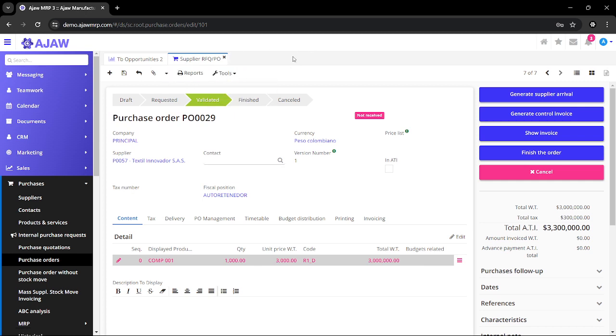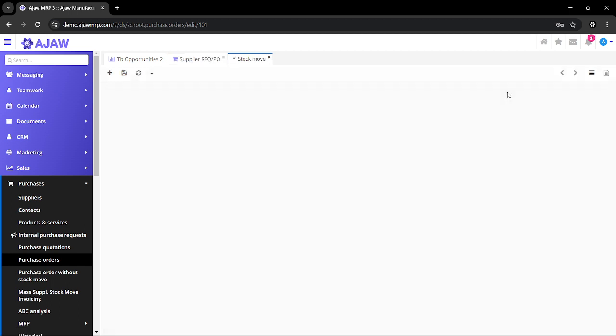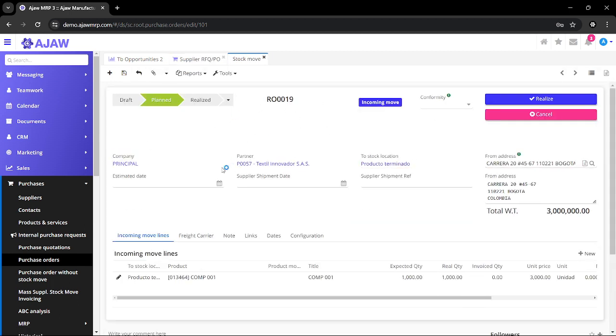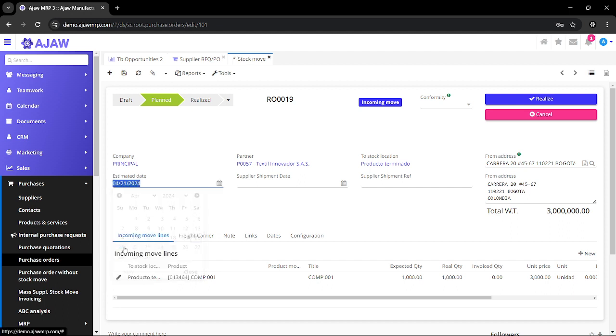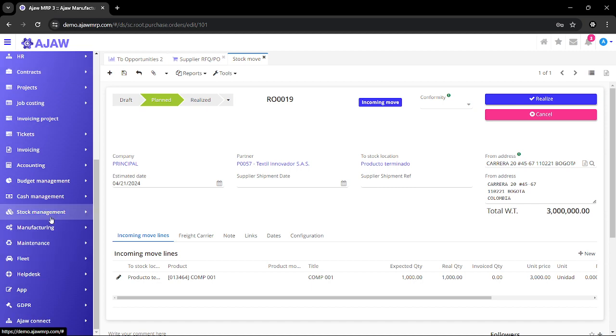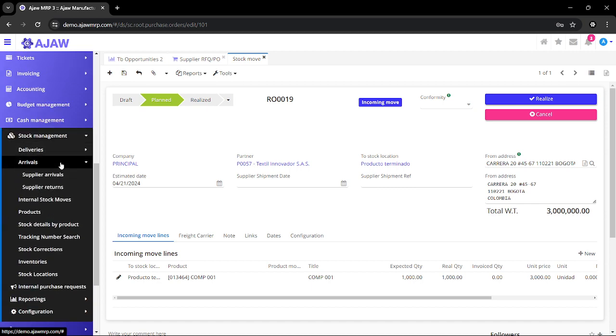And that's basically it. Okay, what's next? Always for a purchase order, if you don't generate the supplier arrival, it's always going to pop up as not received. So what do you have to do? Click this button, generate supplier arrival. Once you generate the supplier arrival, your inventory manager has to see this on his side in the inventory module. Here, you as the purchase manager, you're going to put the estimated date of arrival, and that's it. You save it, and this is going to appear on his side,